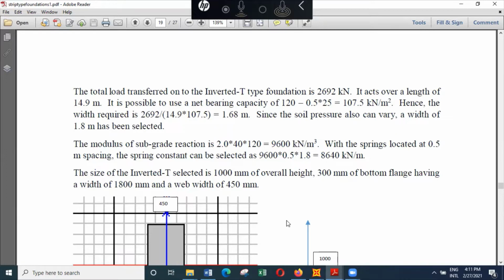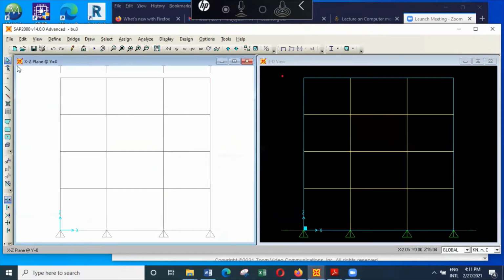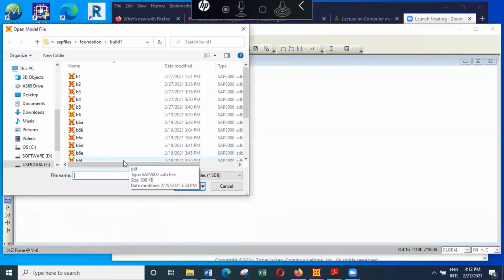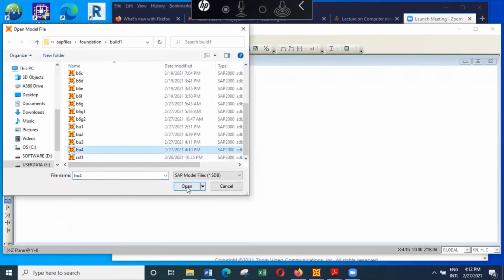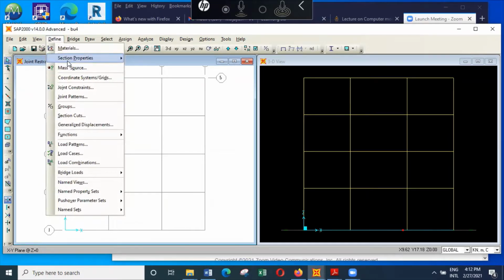So we can have something like a 1 meter wide T for the outer frames and a 1.8 meter wide T beam for the inner frames. So we look. Open the next file, BU4. This is the one that I'm going to apply all these frames. So we have defined two sections,